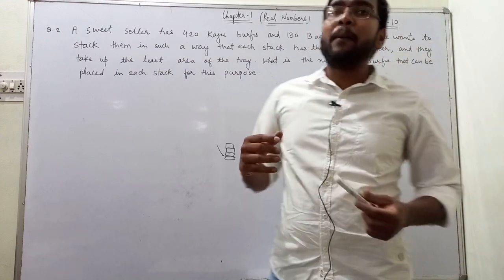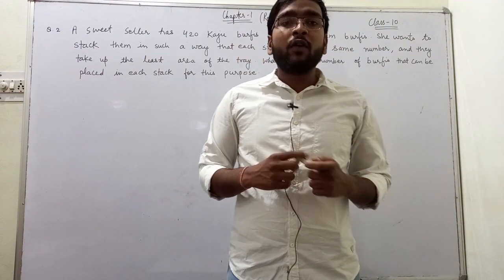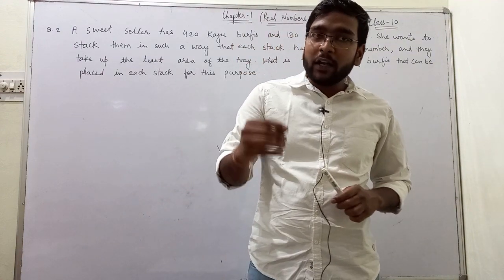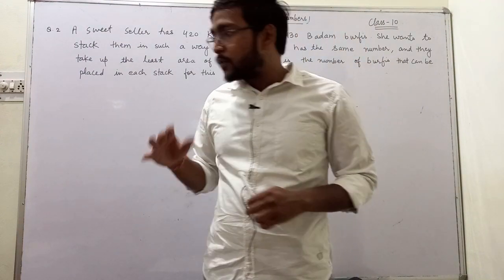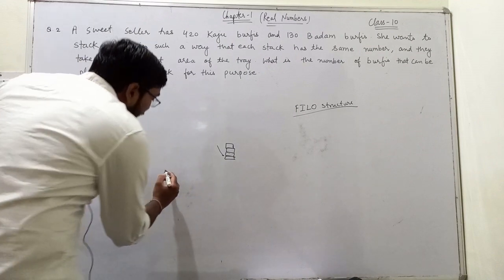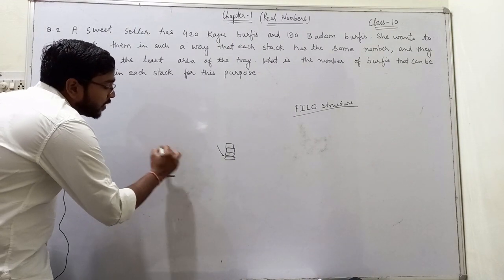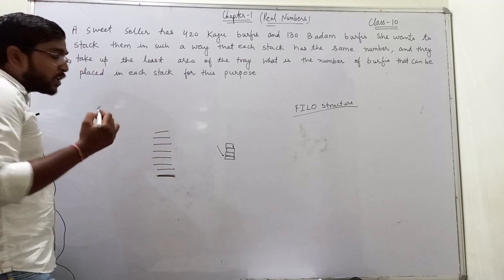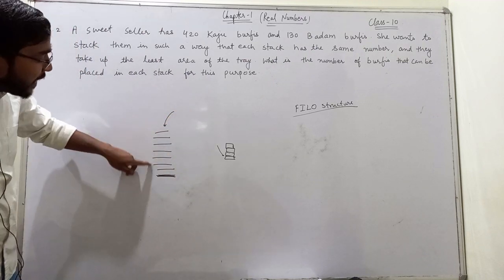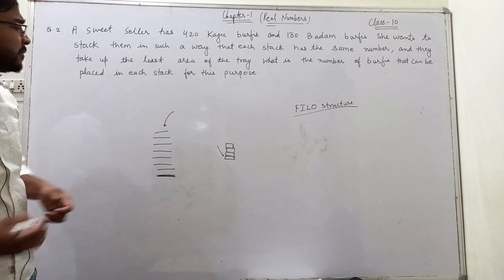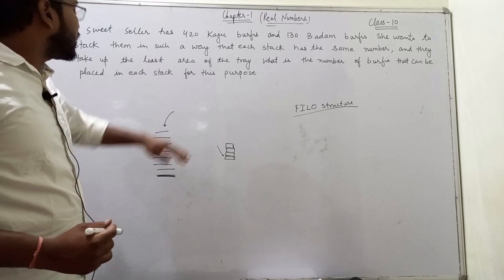For example, when you submit your test copies for checking, what do you try to do? You try to submit the copies as early as possible. So your copy will be submitted at the bottom, and there will be many copies on top of it, and the teacher will start checking from the top. So your copy will be checked last. This sort of structure is called a stack.